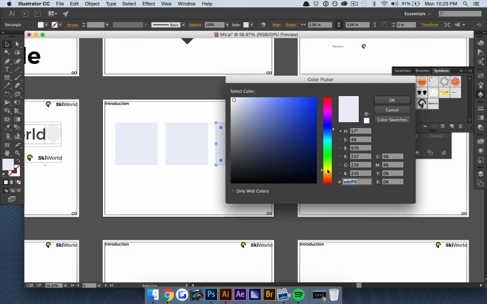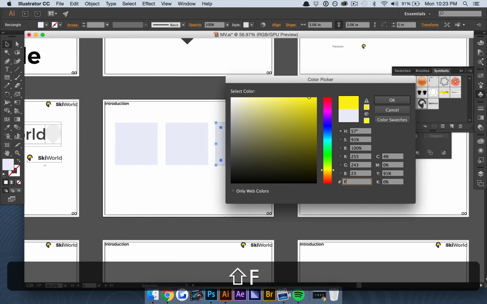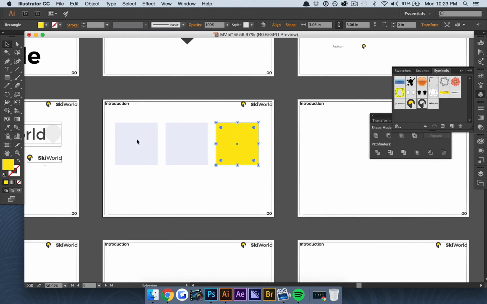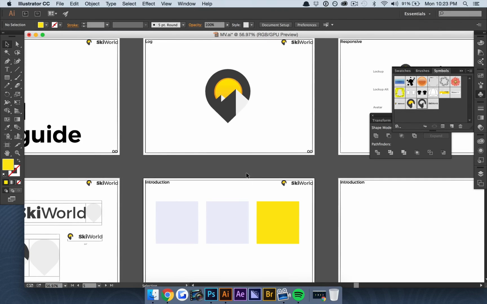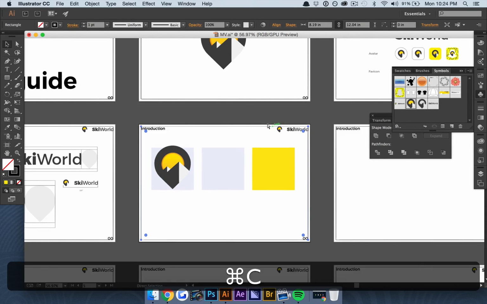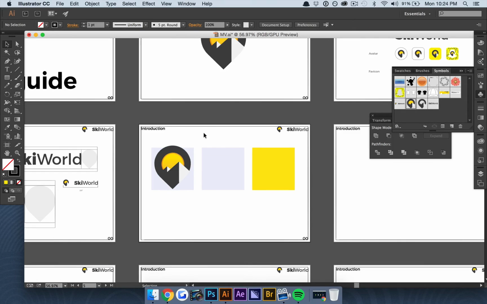So I'm going to choose a yellow. So I'm going to do a FFE912. Just going to put it over here. And we're going to call that a day. So now let's actually try just throwing on different logos on here. So we have the main colored version. That looks pretty good. I'm going to do a duplicate copy